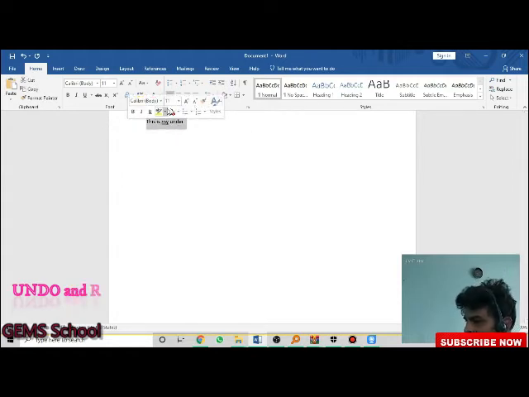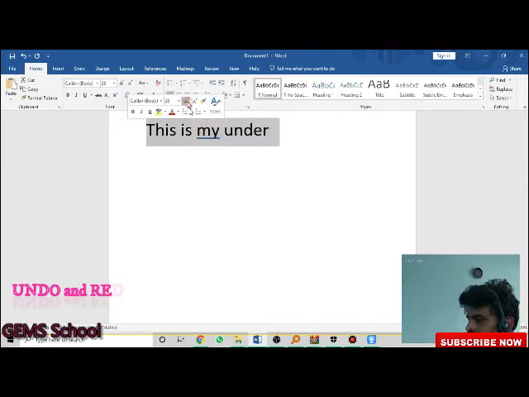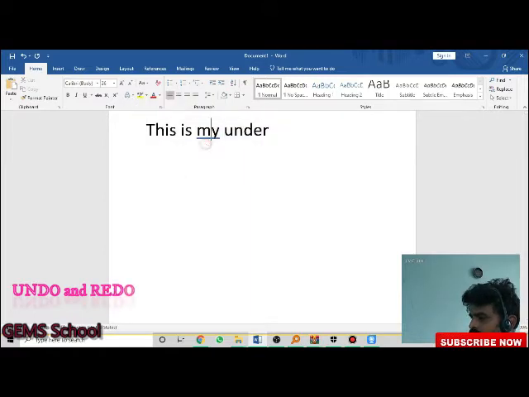Let's increase the font. Okay, now I have typed something. What do you mean by that? For example, when you are typing a document and you decide you don't need some words, you delete them. But then you may feel that you shouldn't have deleted them and want to get them back. There is an option for this. The option is called the undo option.